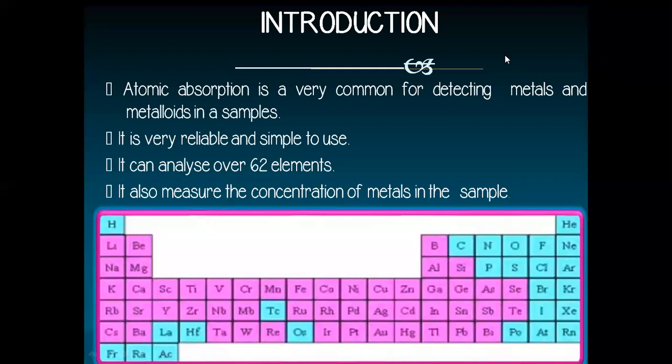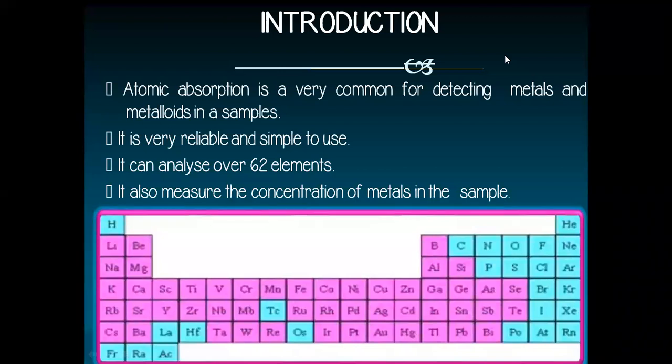and metalloids in samples. Our previous discourse in this subject has exposed us to various methods like UV visible spectroscopy and IR spectroscopy, wherein we dealt with the analysis of organic samples, and then we went on to discuss newer methods like flame photometry and fluorescence, where we discussed how other elements are determined with the help of various types of spectroscopies. In this context, we moved from organic to inorganic samples, like some ions, specifically alkali metals, which we discussed through flame photometry.